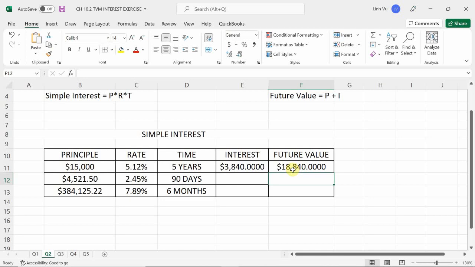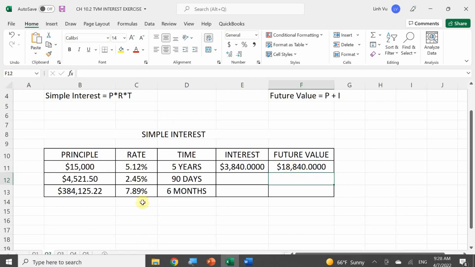5.12. No, the rate needs to be in decimal form. That's percentage form. So then it would be 5.2. No. 0. 0.0